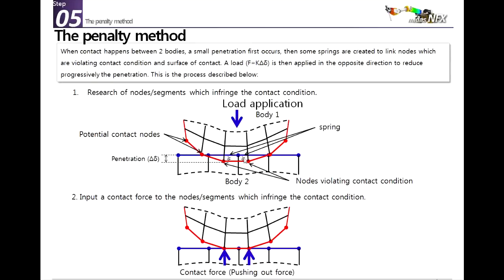It will put some kind of spring element between the two parts, and then it will recalculate again. So it will apply a contact force on the other side in order to make the part come back to the other part. So this is why this uses iteration, because it's nonlinear. In the first step you'll have a penetration, in the second step it applies a contact force here, so it will come back to the right, so it will decrease the penetration, and it will do that in a recursive way. So at the end you get the right contact,